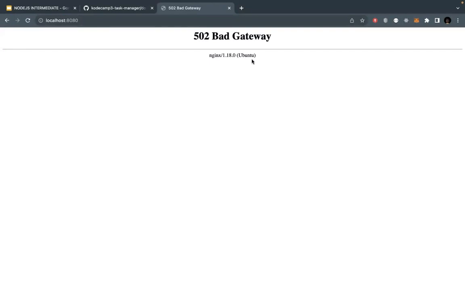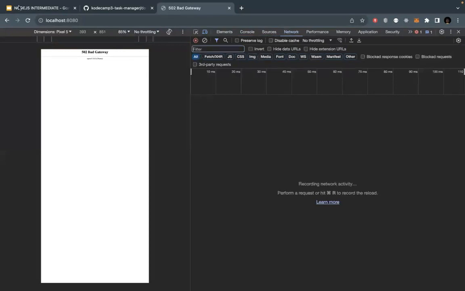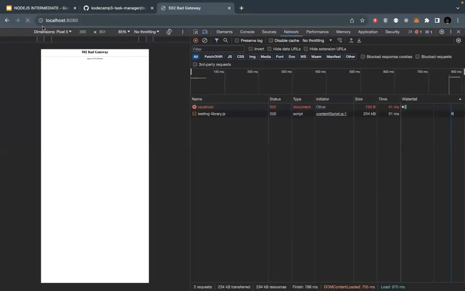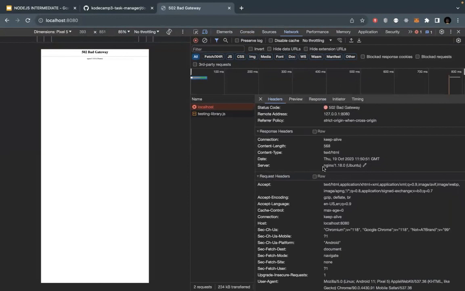So let's check this in the dev tools in the network tab. Let's go to network and then refresh this to make a network request. And then click on this. Then scroll down here. You see the server. Server is Nginx version 1.18.0 Ubuntu. Content length 568. Connection is keep alive, and you can see the remote address is